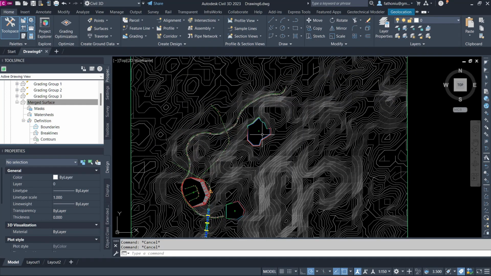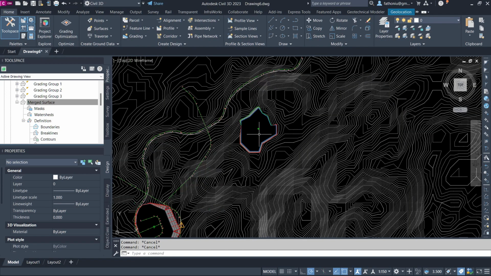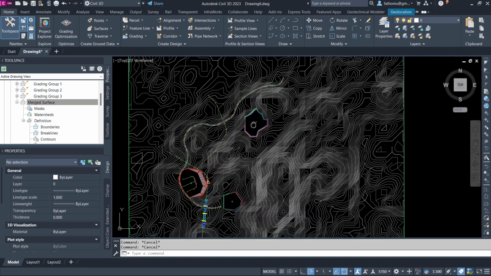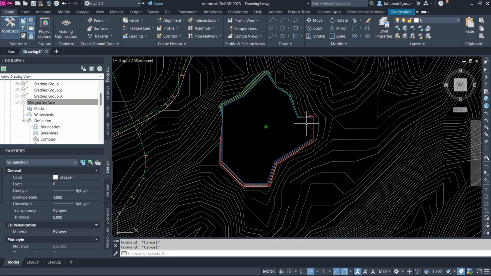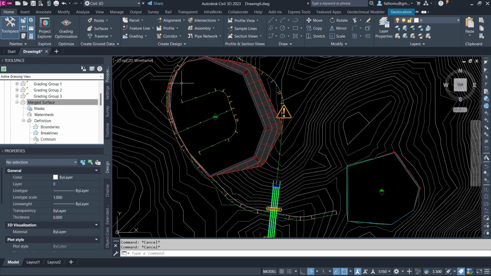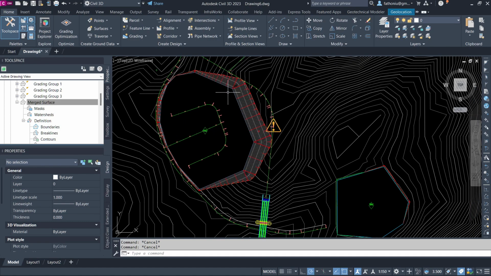To create the grading, basically we need to refer to the arrangement of the buildings that you want. So it cannot be just simply like what I did here. So you had much better have the road alignment, and after that the parcels for housing that we will build on. Then after that you will create your grade.